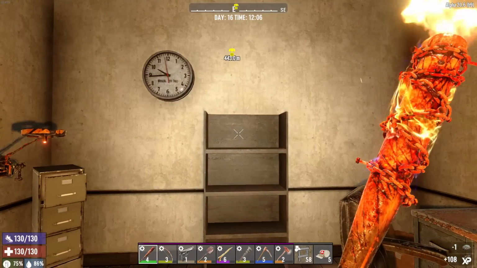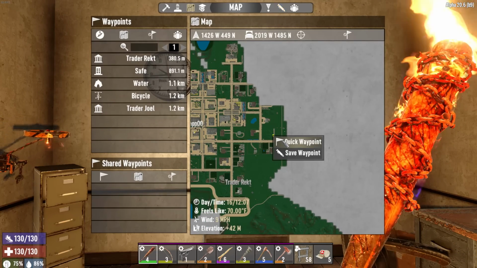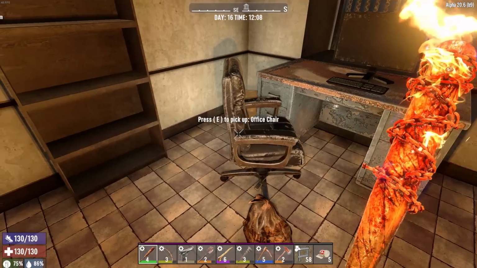Airdrop. Which direction are you going to be? 400 meters that way out into the middle of the... Oh, it's right there on the edge of the road. Nice. Like, the ability to...